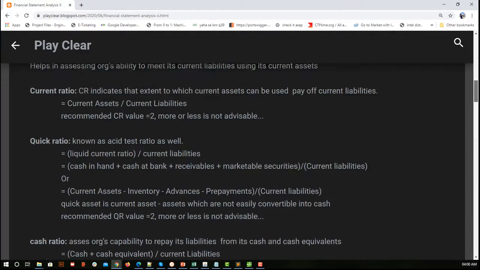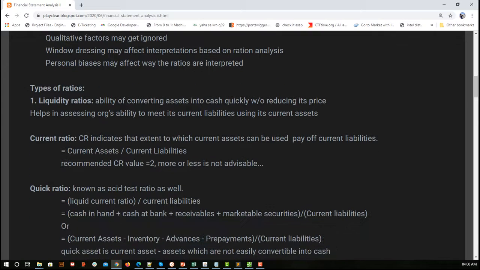So these are our four categories of ratios at the high level. Now, the first liquidity ratio is the current ratio. This states what the current assets are. Current assets means the assets which can be sold within less than 1 year. Current liabilities are the liabilities which we need to pay within 12 months, that is less than 1 year. That's how we segregate long-term and short-term liabilities, and long-term and short-term assets. So the current ratio is nothing but the ratio of current assets versus current liabilities.